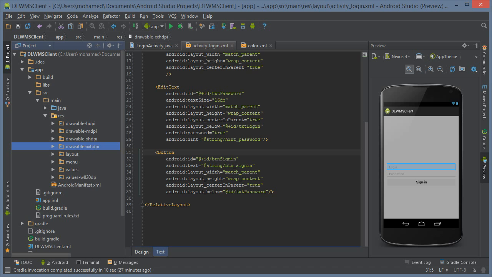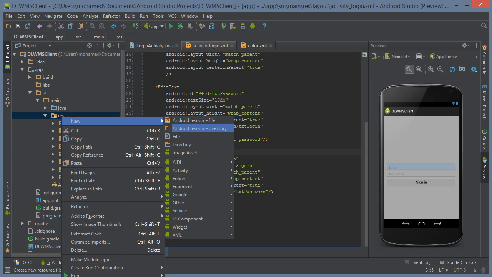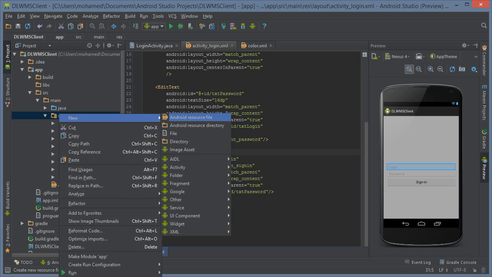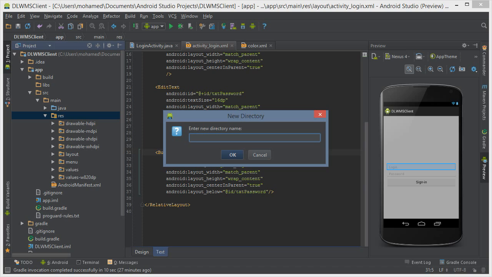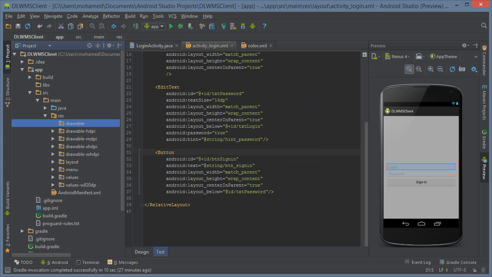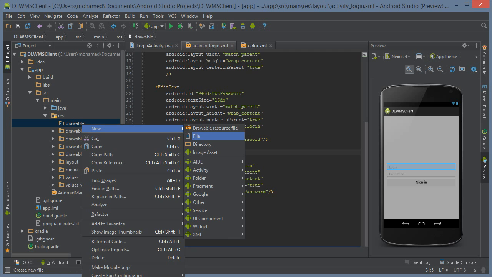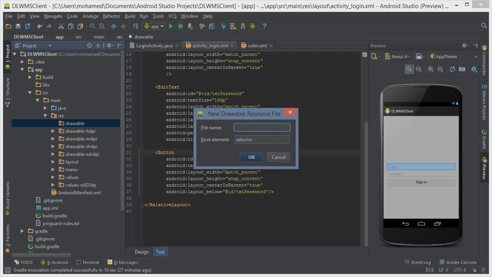So in order to put this XML file, we need to put it under another resource folder. Sorry, right click on the new and directory. And here I'm going to have drawable without any suffixes. And this means that whatever I'm going to put in here is actually going to apply to all devices with all kinds of screen resolutions, if you will. So new, I'll add a new drawable resource file, and right here I'm going to have a resource file,